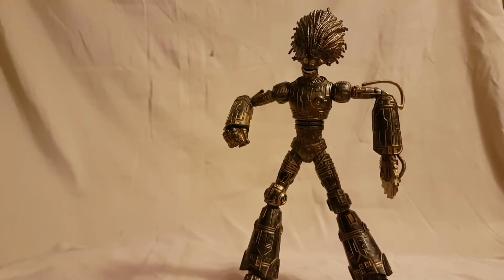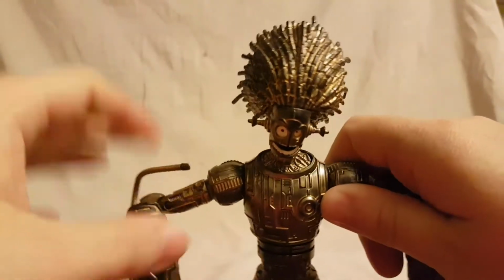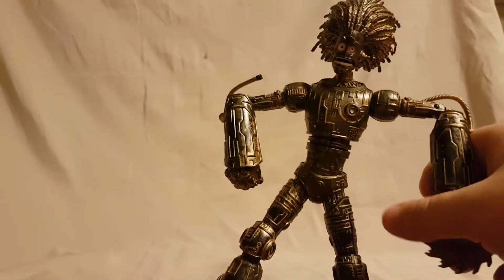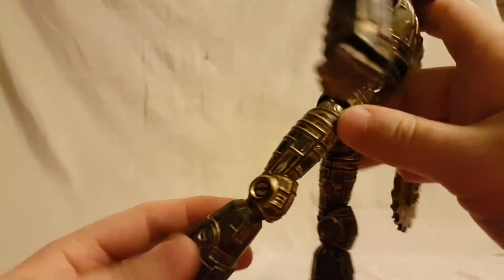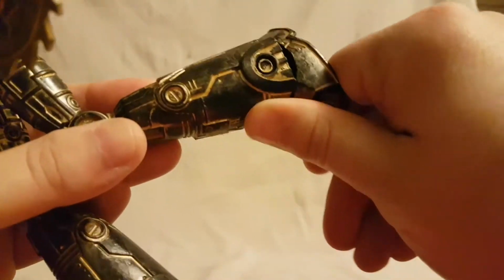Alright, so taking the number 8 spot on the countdown, we have the X-Men Wave Warlock Build-A-Figure. I know a lot of people like this figure. I did not like it at all. For one, I thought he was too big. I don't really want my Warlock to be that big, and a lot of QC issues on mine, like a lot of joints that don't move. The feet don't move the way they're supposed to,